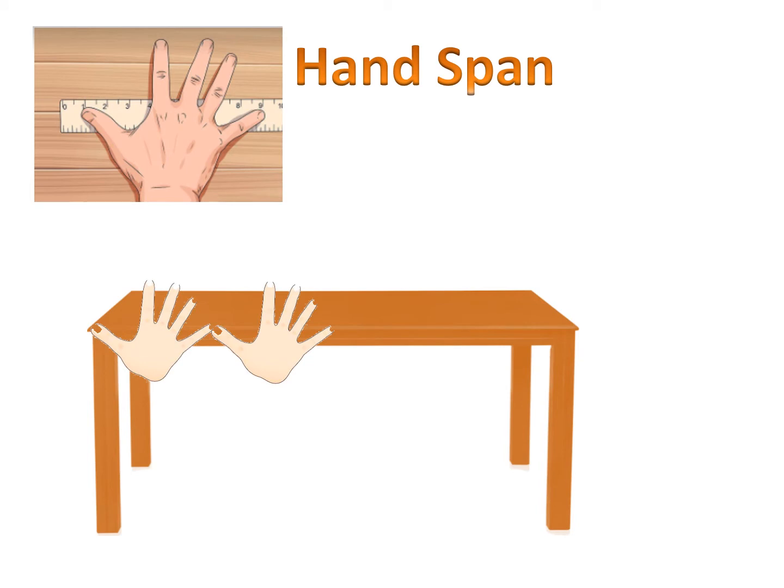Handspan. A handspan is the maximum distance between the tip of the thumb and the little finger. This we do even in class when we want to take the measurement of our table. We put a thumb at the end of the table and then spread it out on the table. Then bring the thumb back to the small finger and spread it out again. That is known as the span, hand span.